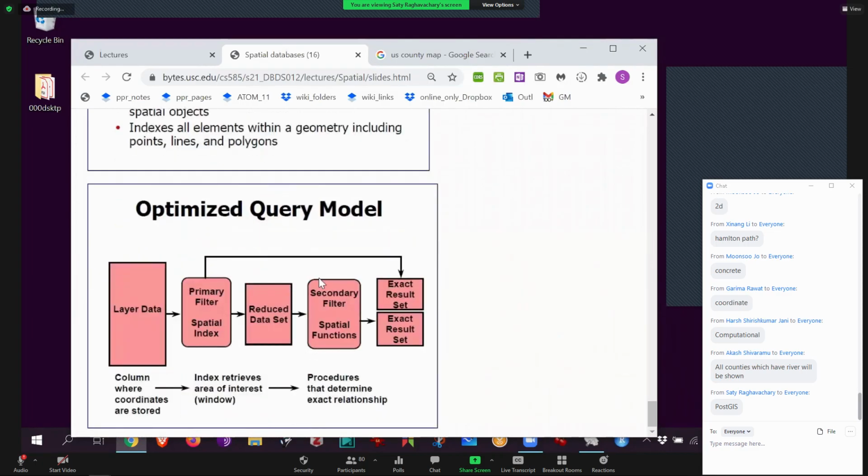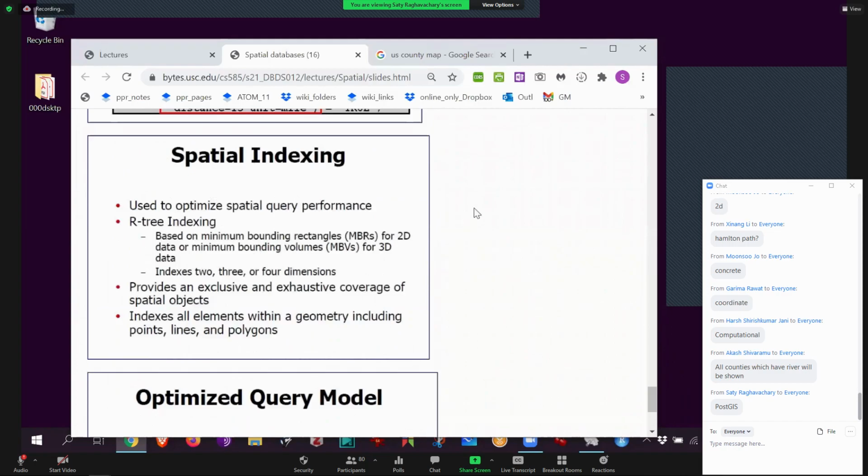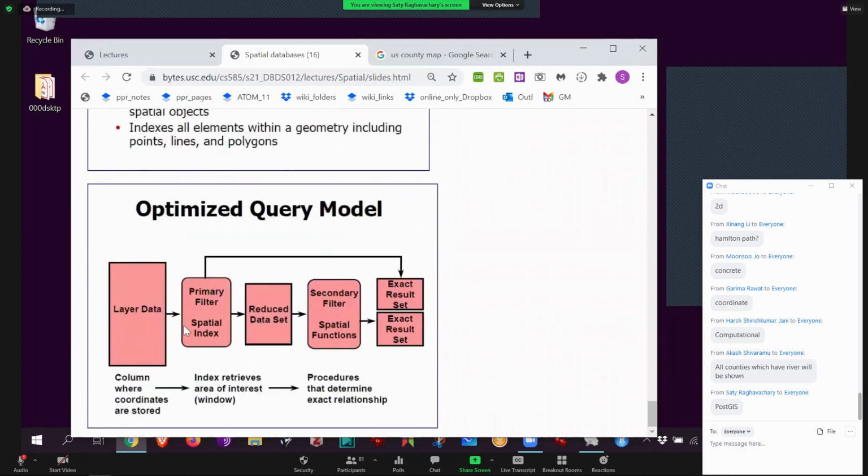Then the reason for doing that is this, like I told you, a real polygon, a real county map has pretty irregular boundaries. If I want to know if my point is inside some county or not, I don't have to do the expensive calculation right off the bat. I can use these MBRs, which are pretty easy to say in and out, to do a 2-level calculation. So every SQL query that is spatial would actually run in 2 levels.